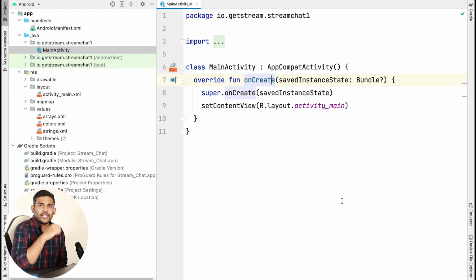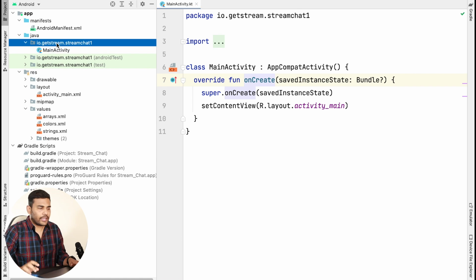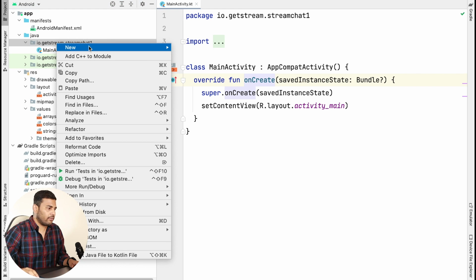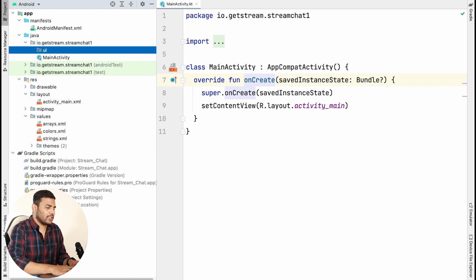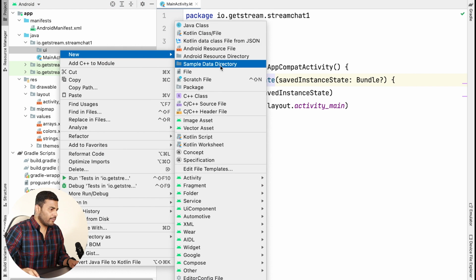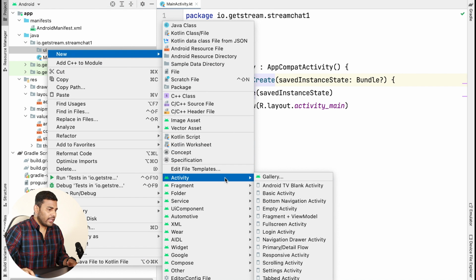So everything is added. Now we will start implementing authentication for our application. So what I will do is I will create a new activity that we will call authentication activity or auth activity. So inside my package, I will create a new package and I will name it UI, and I will create an activity here.